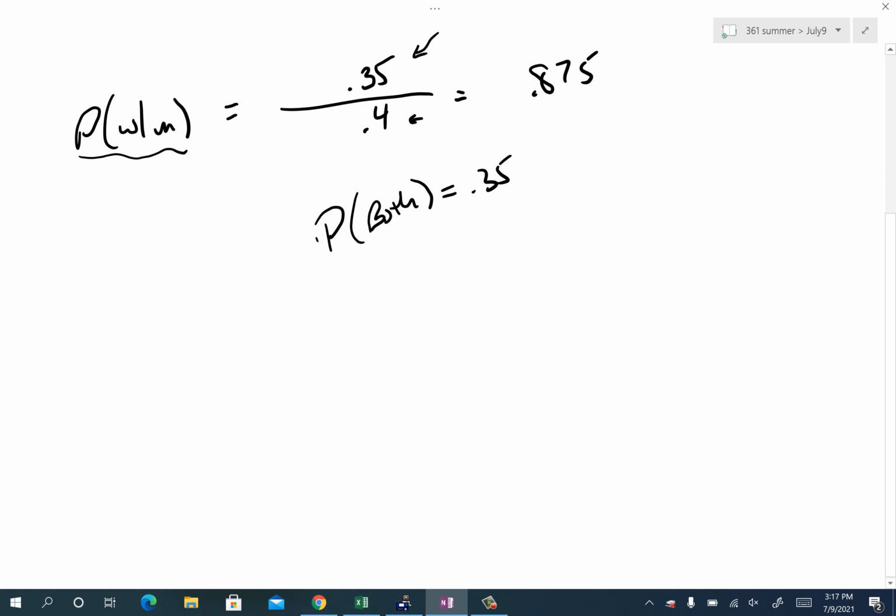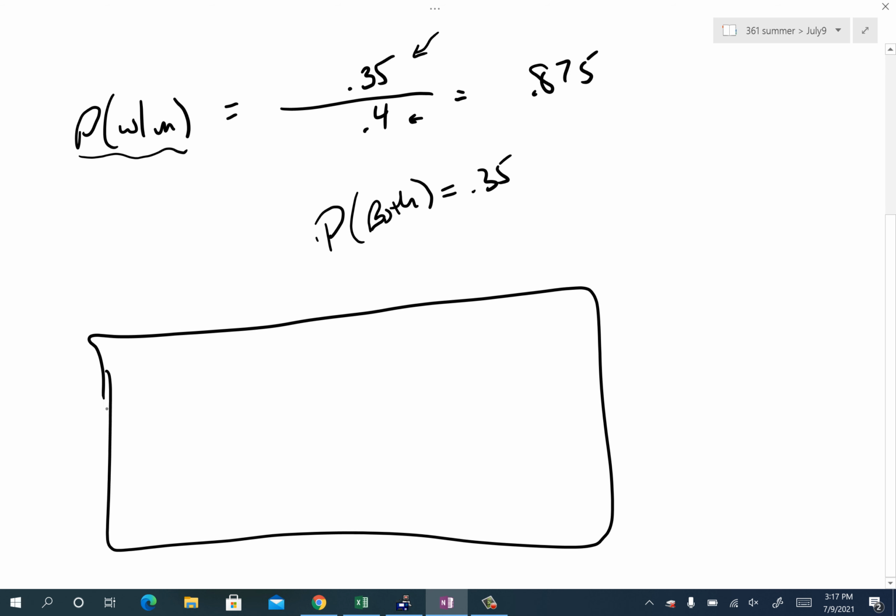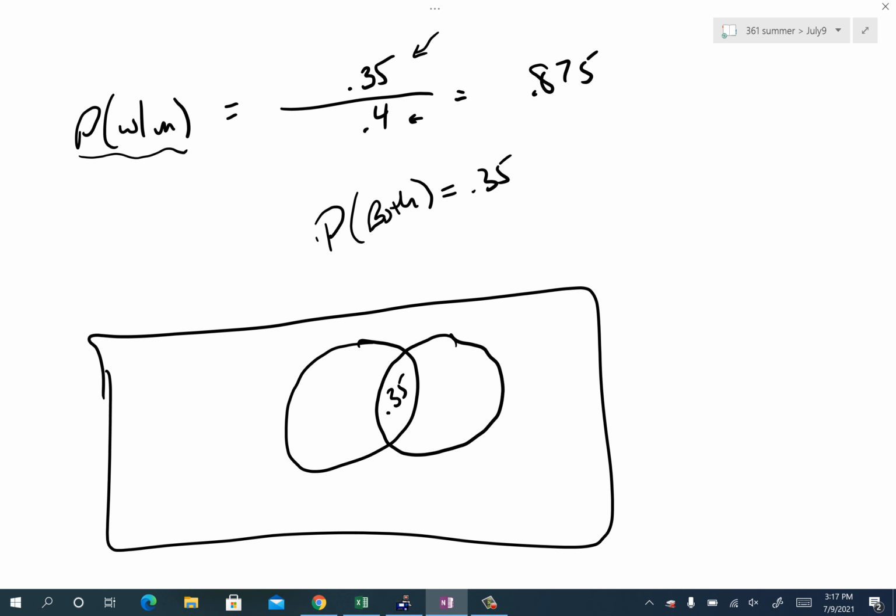Okay. So you're like, well, okay, so how's that all going to figure out? Well, let me draw you a picture. Okay. So when we do these situations here, let me see how I want to play that out. We know that there's going to be an overlap. Okay. So we know that 35% both watch the show. Okay. So we want to know, but we also further know that if this is women and this is men, probably that a woman watches the show, given that the man watches the show, okay, is